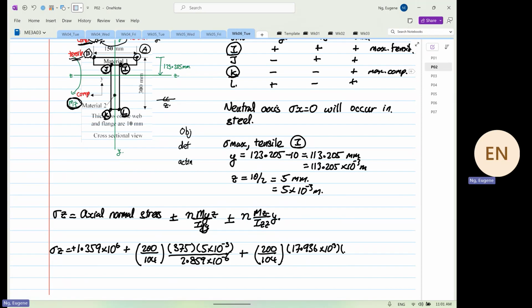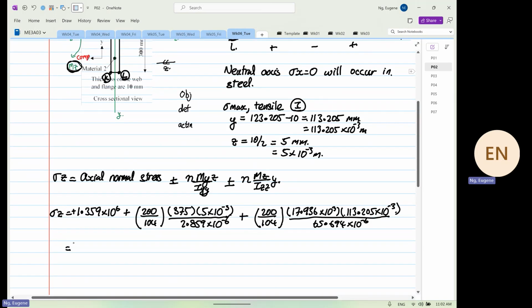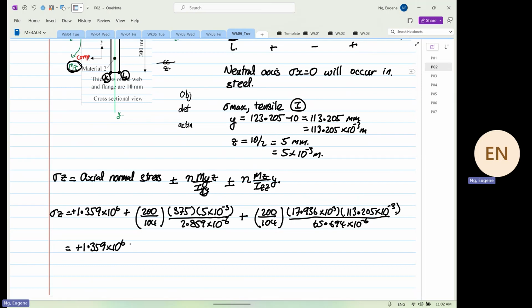10 to the power 3. Y is equal to 113.205 times 10 to the power minus 3, and divide by your Izz, which is equal to 65.694 times 10 to the power minus 6. So this will be equal to plus 1.359 times 10 to the power 6 plus 200 divided by 104 times 375 times 10 to the power minus 3 divided by 2.859 times 10 to the power minus 6 is equal to